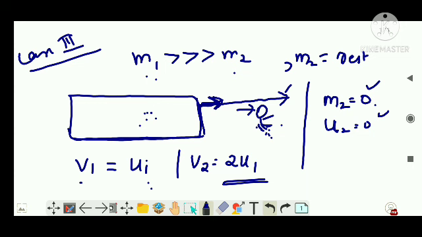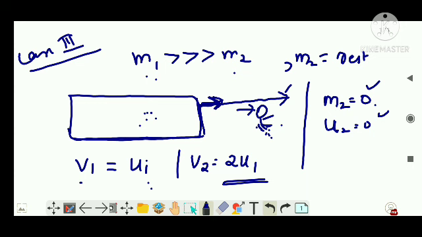Clear? See, I'm telling the examples by thinking of accidents, because it is something which you can understand or relate to, or at least you have seen in movies. Hope you never see an accident in your real life. Touch wood. Okay, so I'm just making you guys understand. To understand collisions, it's better if you understand the scenario rather than mugging up the equations. Right now, this will be registered in your mind. You have to register it in the mind.